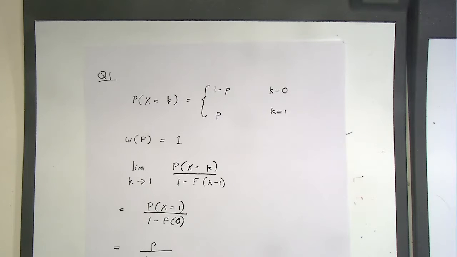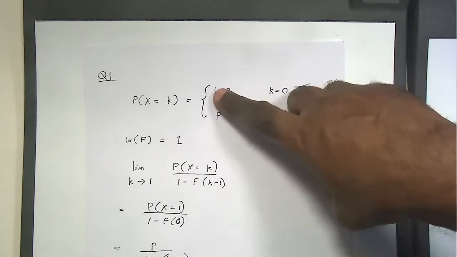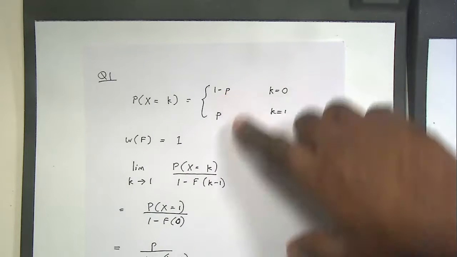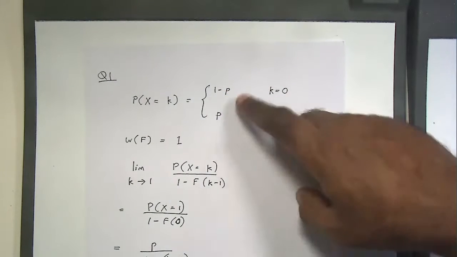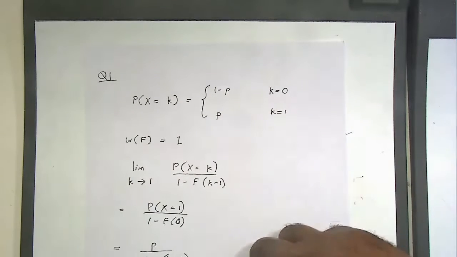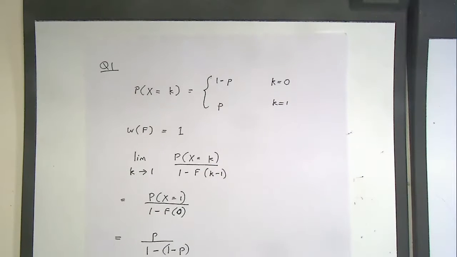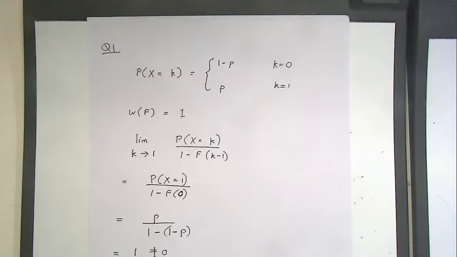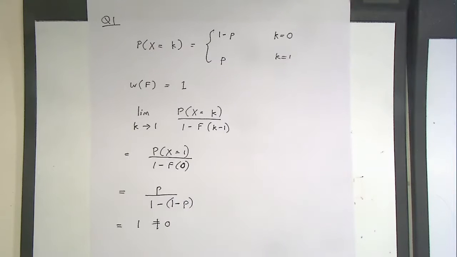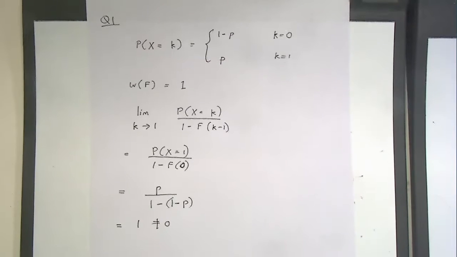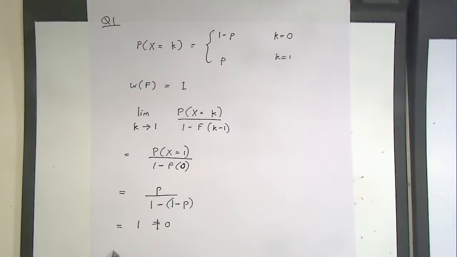It will be 1 minus p, right? Because when k equal to 0 you have this probability 1 minus p. So f at 0 is the same as this probability, which is 1 minus p, right? So this is equal to 1, which is not equal to 0, right? Are you with me, guys, or no? So hence